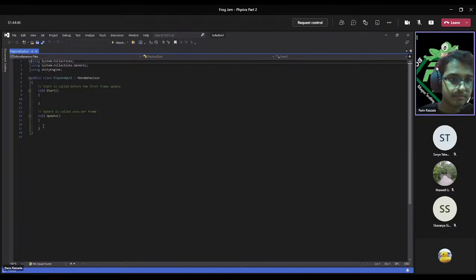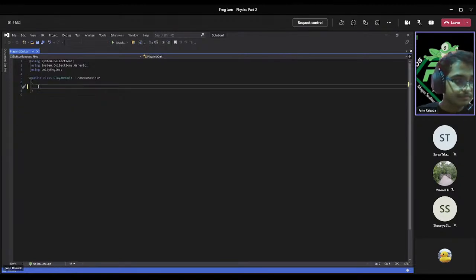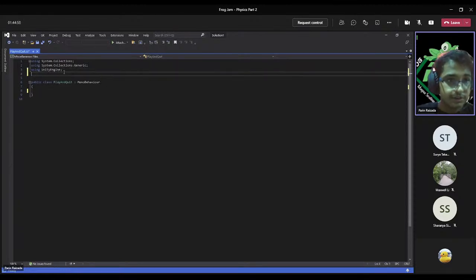Okay, now let's go ahead and delete all this. And what you want to type first is: using UnityEngine.SceneManagement;